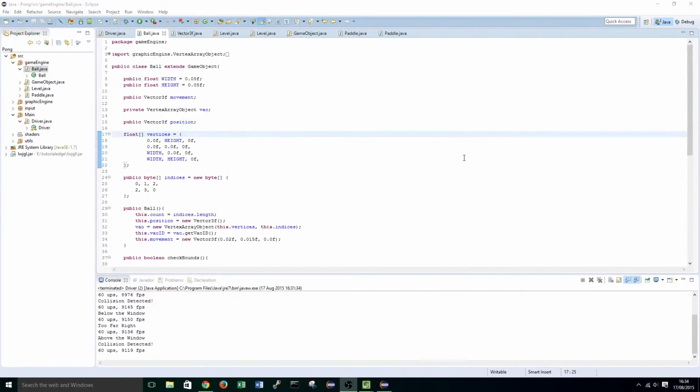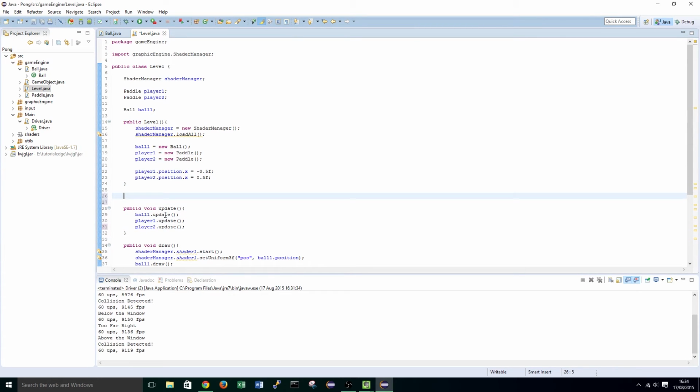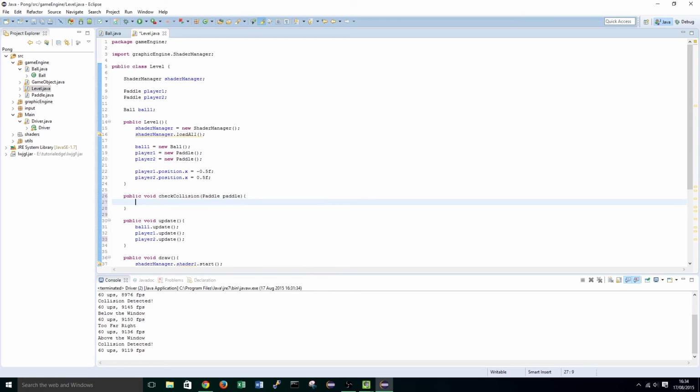Okay, so now that we've got our ball moving and colliding with the game window's walls, we can start on our AABB collision detection system that will ensure our paddles can prevent the ball from hitting their own side. So to get started, we are going to go into our level class, and just above our update we are going to do the following. So public void check collision, we're going to pass in the paddle, and this